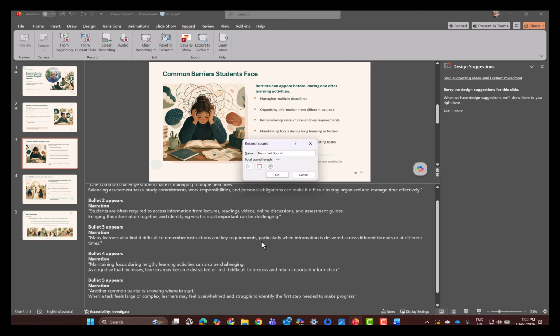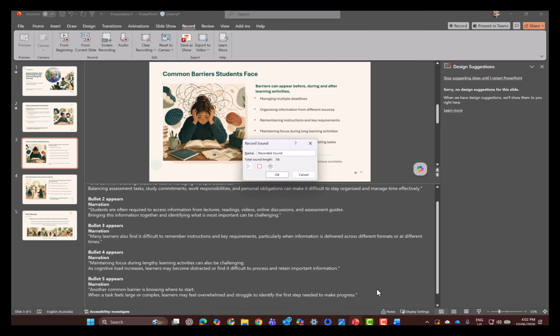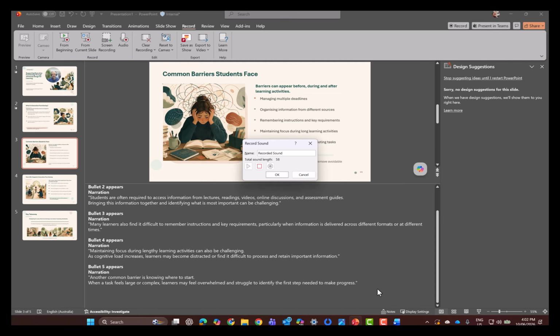Maintaining focus during lengthy activities can be challenging. As cognitive load increases, learners may become distracted or find it difficult to proceed and retain important information. Another common barrier is knowing where to start. When a task feels large or complex, learners may feel overwhelmed and struggle to identify the first steps needed to